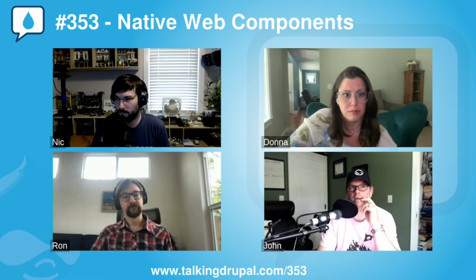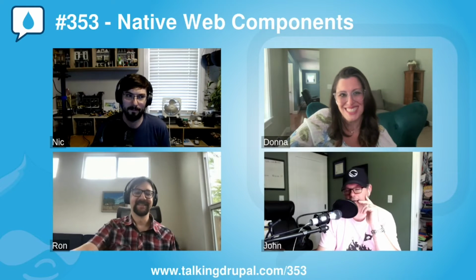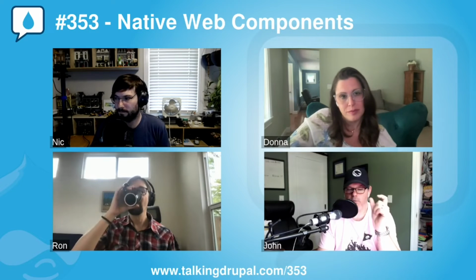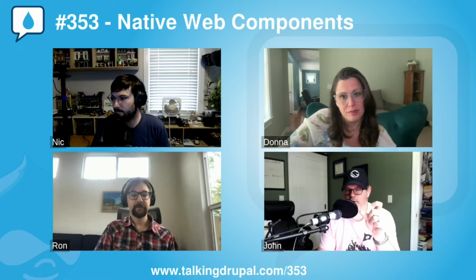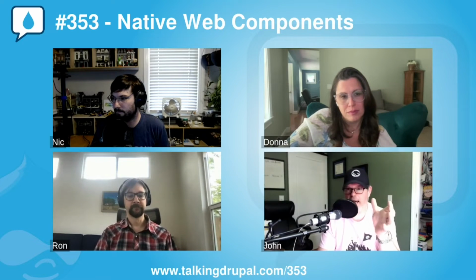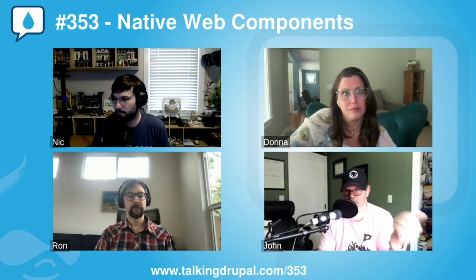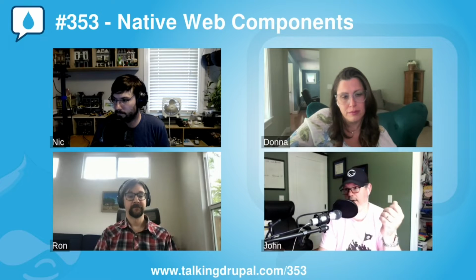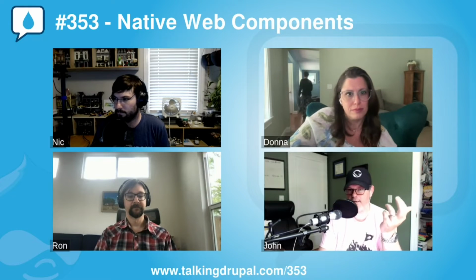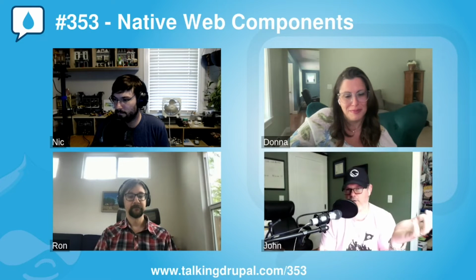Sorry, I'm going down a rabbit hole here, but I'm trying to get a better understanding. So it takes that custom JavaScript and the browser has an API that says, okay, this is a custom element, and I'm going to use this. So then it uses that to interpret the HTML when you write your HTML code. Like, if it were HTML5 and you had a video or an audio player, it would load that audio. Same deal with our Talking Drupal custom element, right?